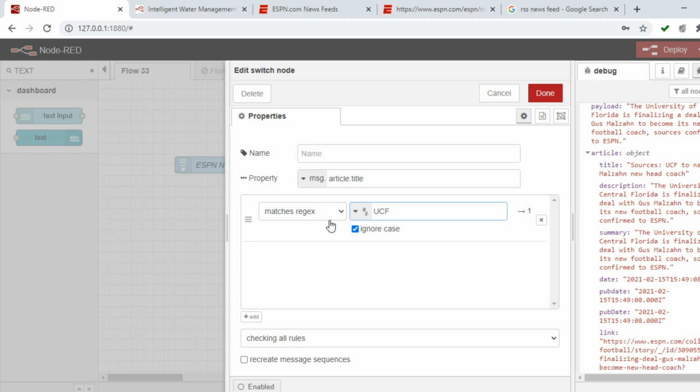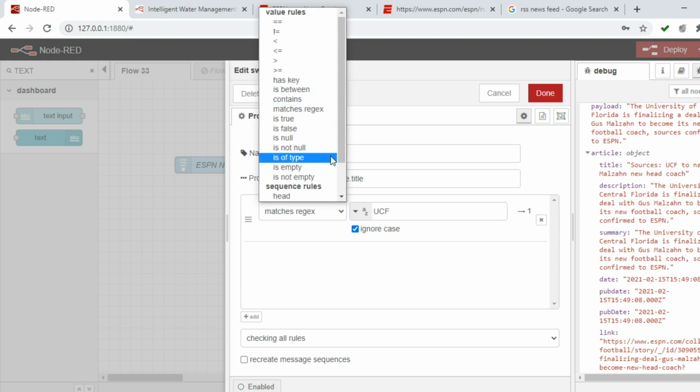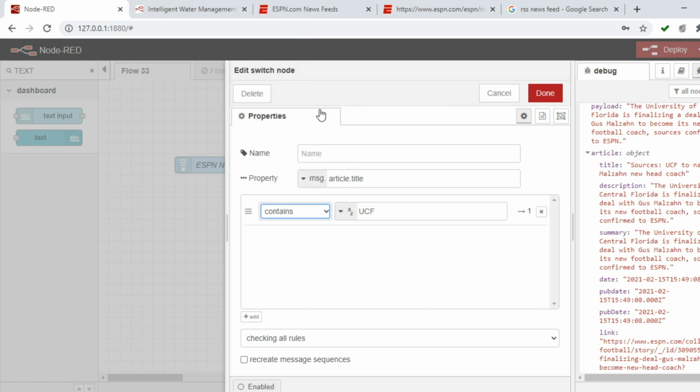So here you can select matches REGX. Actually that is your regular expressions. So you can select your regular expressions of any case sensitive. If it is contains, then you can see ignore case will not be there, because it just checks for only uppercase of UCF.